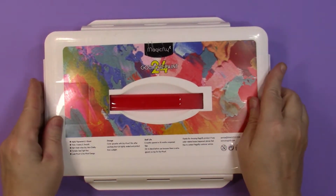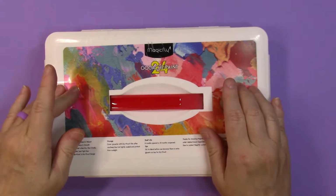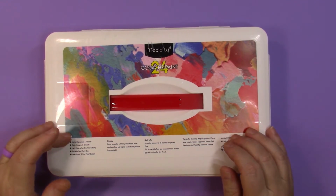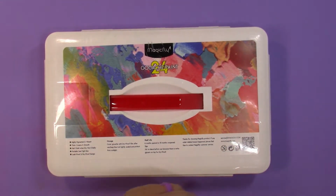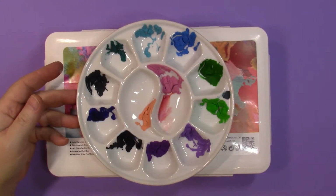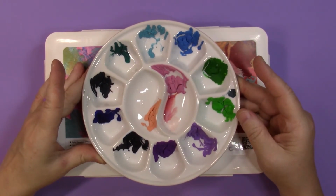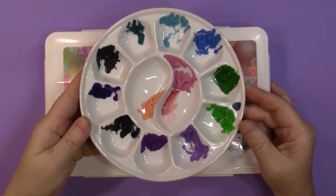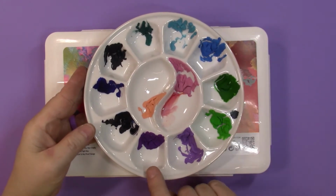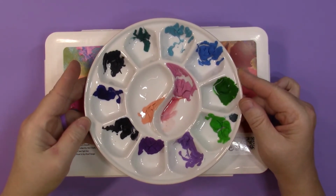Now the other thing that I do, and I'll show you here how tight that does snap on. It's really a nice seal on this palette. Most of the palettes of the jelly cups I have seal fairly well, but this Magic Fly is exceptionally good. So the other tip that I have, and this is Magic Fly gouache, is that I took some colors out and put them into a porcelain palette, and I let them dry because I wanted to see just what would happen when they dry out. They do crack a lot more than your standard watercolors do,